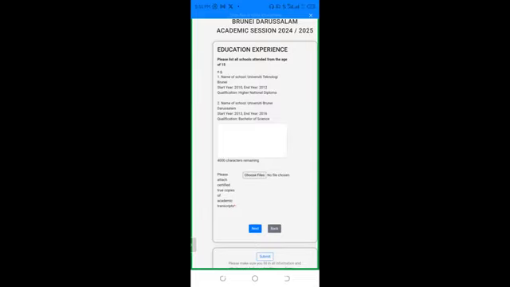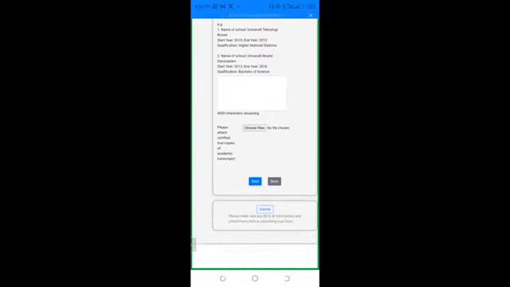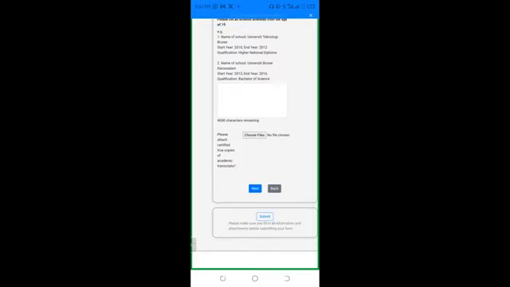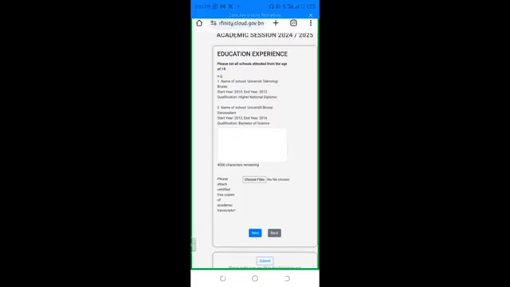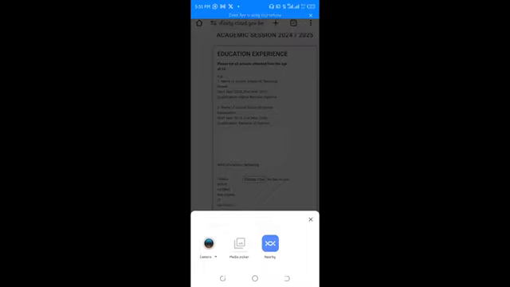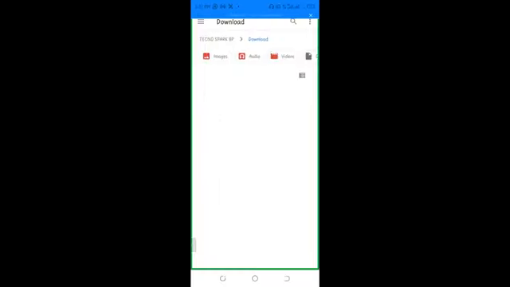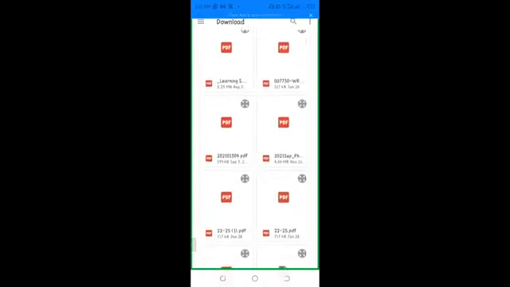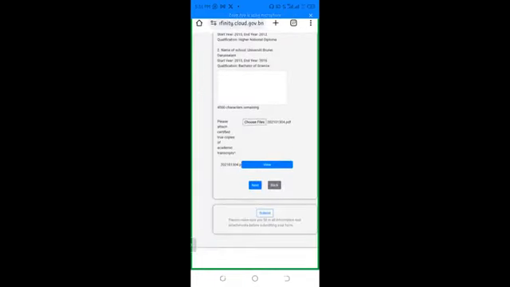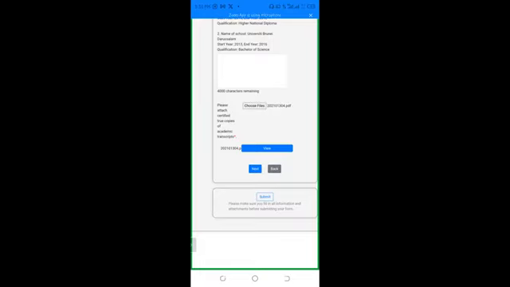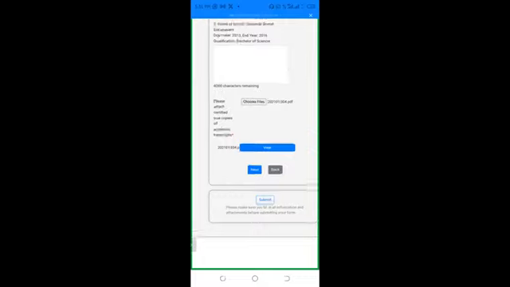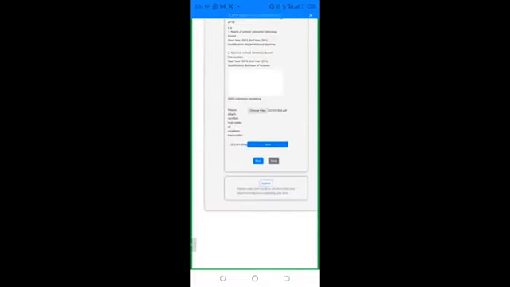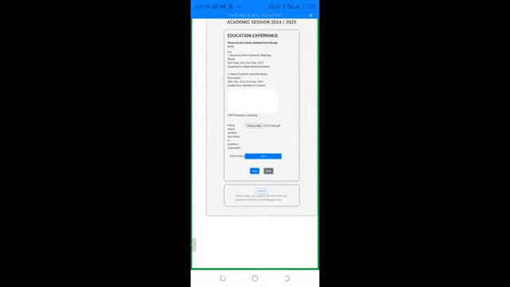2016 qualification, Bachelor of Science, and things like that. Please attach certified two copies of academic transcripts. You can see this is what they just require from me on my own part. So let's see, I have also a transcript. Let's choose this one. And if I want to see whether that's what I just uploaded, I can tap on this view button. But if I'm okay with that, I can just click on next.